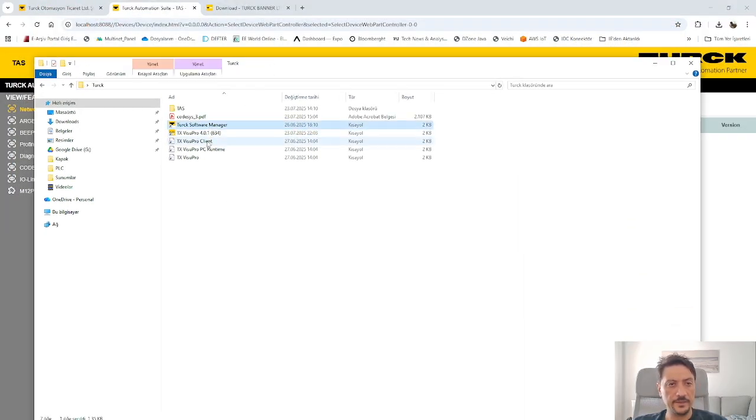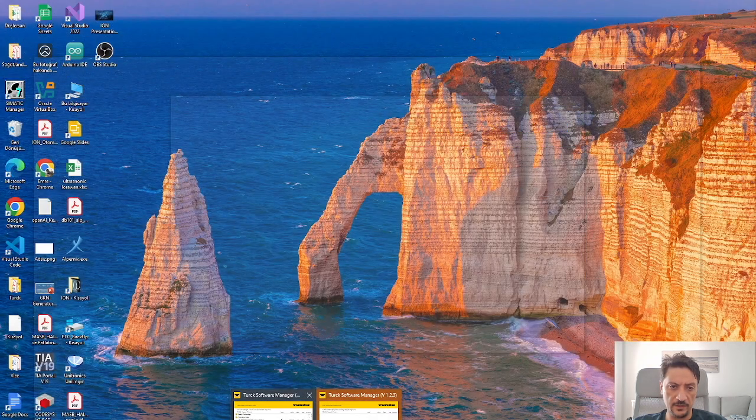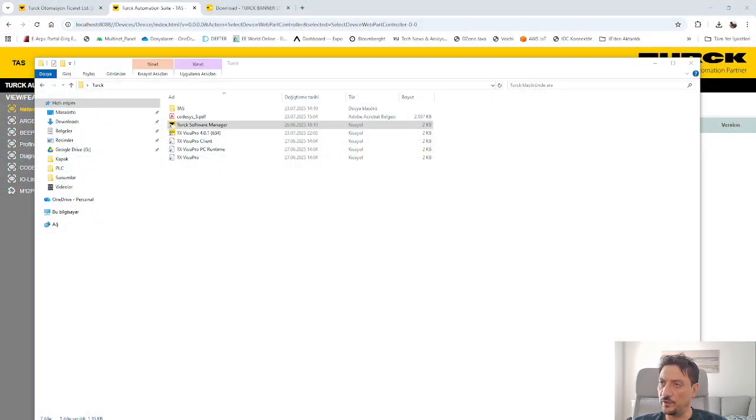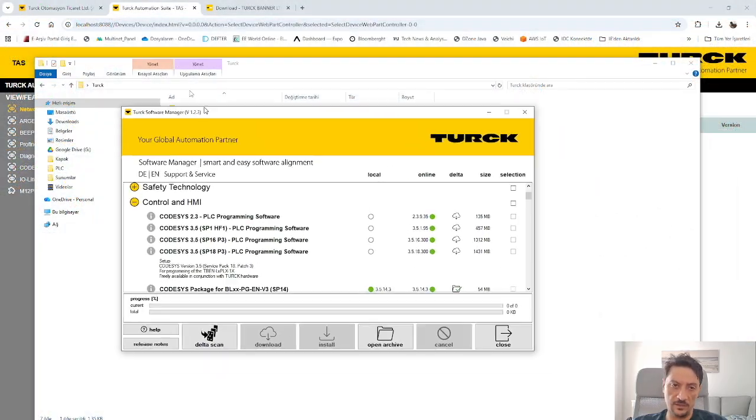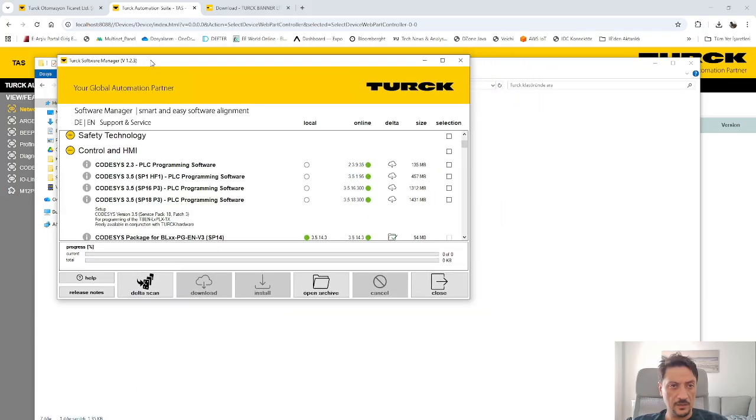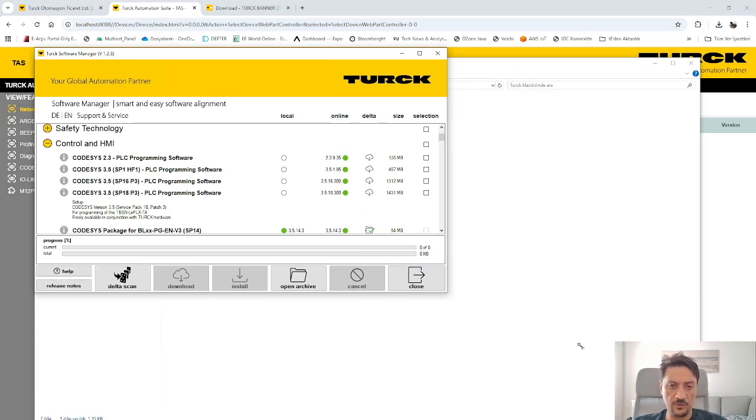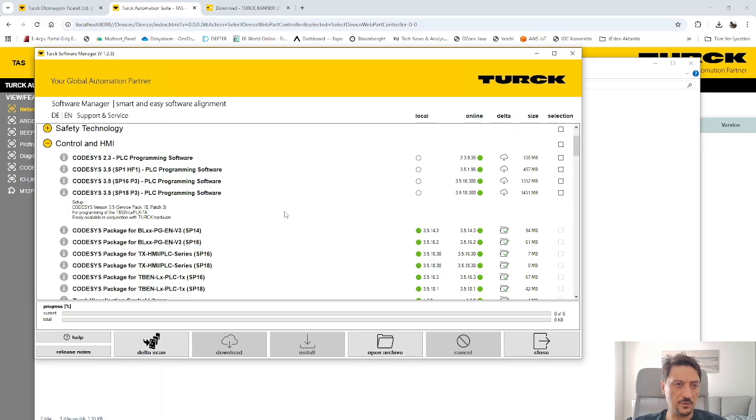TURCK Software Manager contains a bunch of software needed to program TURCK automation components, and we will select a couple of softwares here and then download and install them. First one is